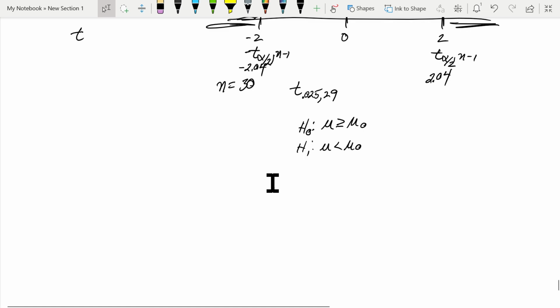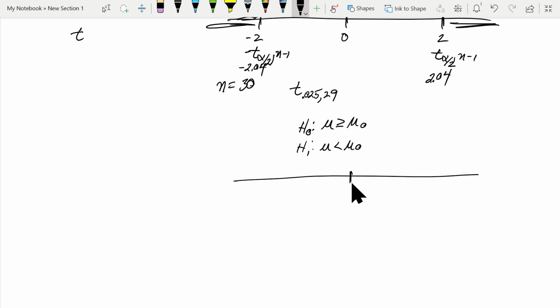This has a null hypothesis that the real mean is bigger than some amount. This would be like, I'm giving blood pressure medicine to people. If the medicine works, the blood pressure goes down. If it doesn't work, then the blood pressure doesn't go down. So this is one-sided,